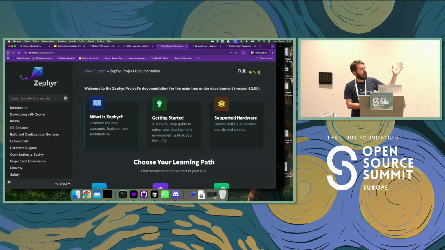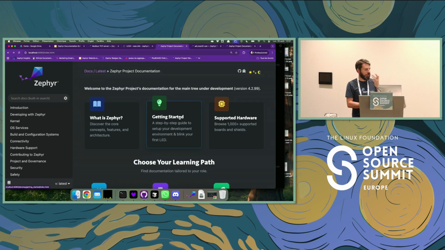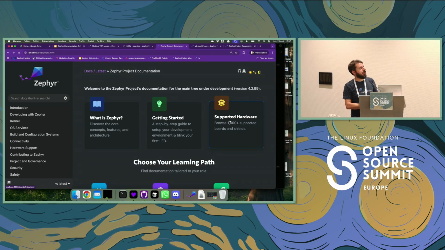But the way right now the content is structured, I think, is at best stale. Getting started is basically what we have today for helping people set up their environment for the first time, blink their first LED. So it's reasonably generic. Getting a sense of what's the supported hardware, with maybe some of the improvements that some people suggested in the device tree